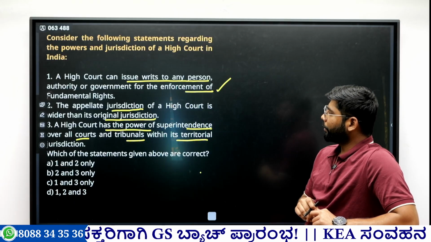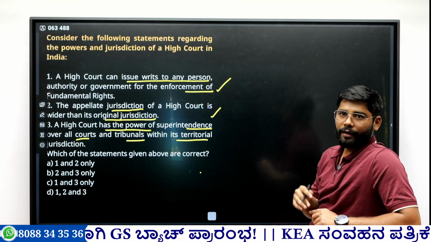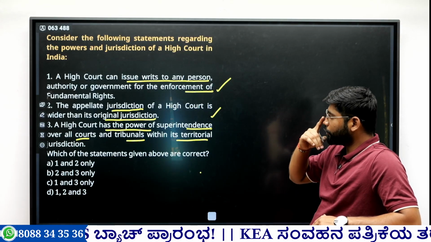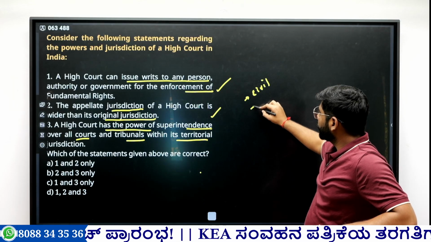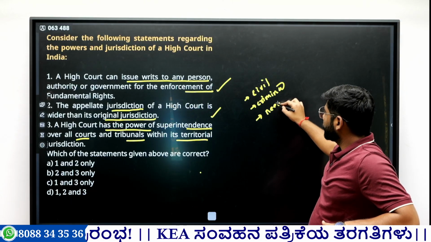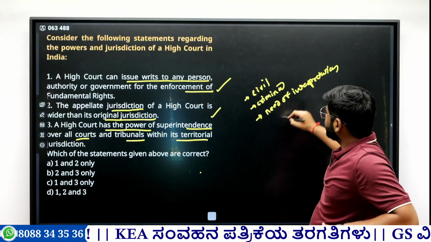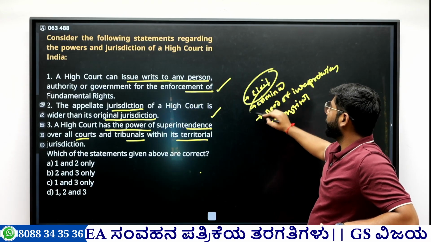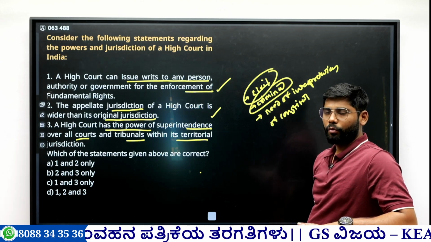Then the appellate jurisdiction of High Court is wider than the original jurisdiction. Yes, we have seen where the original jurisdiction comes: deciding election of members, the admiralty of the law. So these four conditions are there. But when it comes to appellate jurisdiction, it extends to the civil matter, the criminal matter, and if there is need of interpretation of the Constitution. So these are the wider jurisdictions. Many items come here. That's why the appellate jurisdiction of High Court is wider than the original jurisdiction.